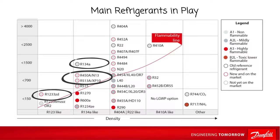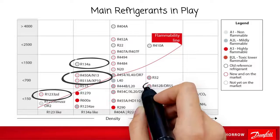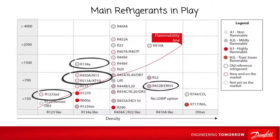Many of the other refrigerants here are still not on the market, but they are being investigated and can potentially be in play, especially because of low GWP values. In Danfoss, we are experimenting with these substances. R452B is a very viable refrigerant, and we think it has a bright future on the market. Outside this scheme, we have, technically speaking, two very different refrigerants here, CO2 and ammonia. And of course, these refrigerants will come into play when we talk about R404A substitution. CO2 and ammonia will be main players in refrigeration and substitute a lot of the R22 industrial systems, especially in